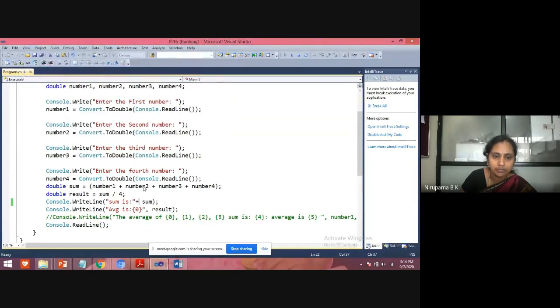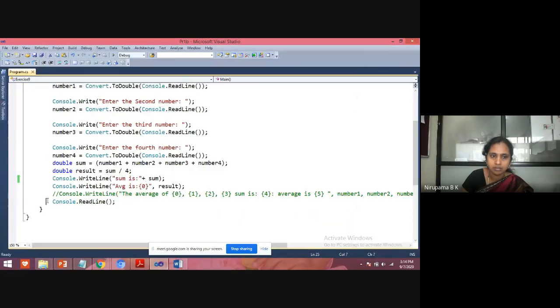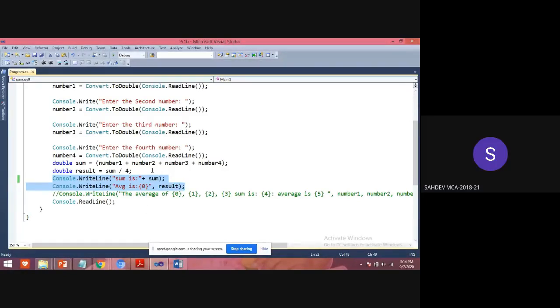Yes, students, if you see the screen, can you see the lines which I have highlighted? Yes, ma'am.